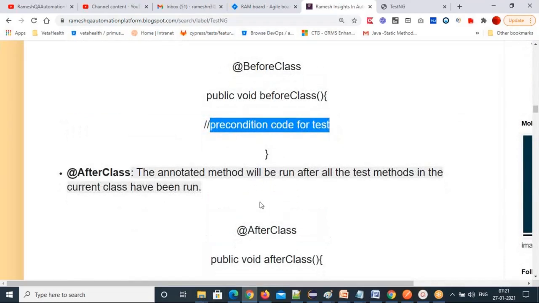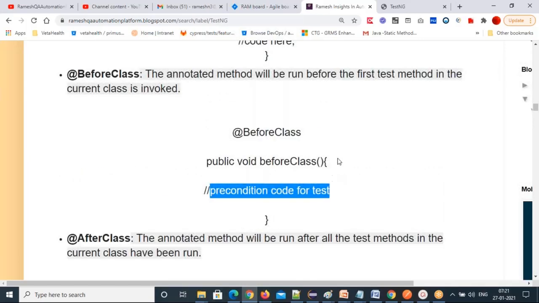Then AfterClass: this annotated method will be run after all the test methods in the current class have been run. When all the test methods of the current class are run completely, then the AfterClass code will execute. But both will execute one time only, this BeforeClass and AfterClass.